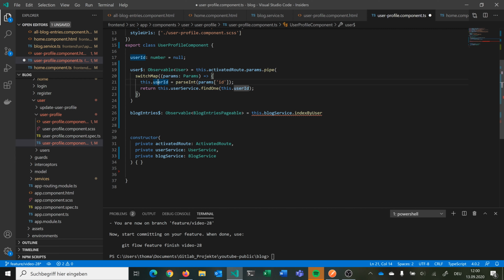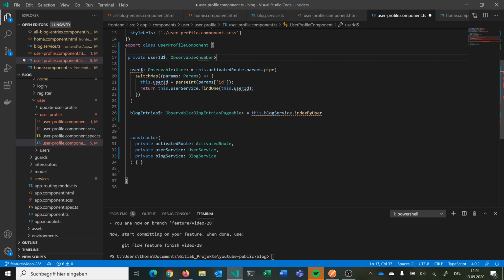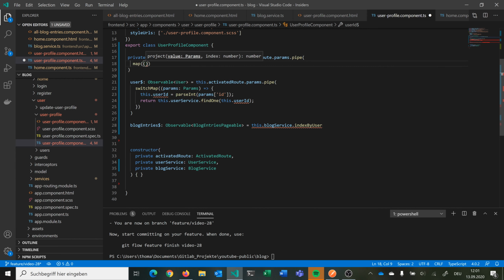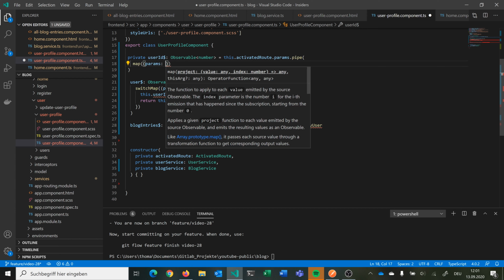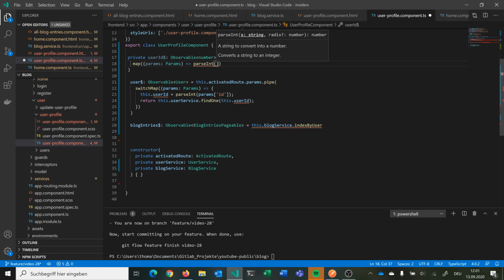because here we set our user ID, and then we work with it, and we would also need this here, and so on. So what I would like to do is we say we have our userId, private, also an Observable, and let's say of type number, and then we go for activatedRoute.params. We pipe it and map it, so we take an observable in and take an observable out. Go for params, and then we say just parseInt, so this is also then an observable. And go for the id as before,